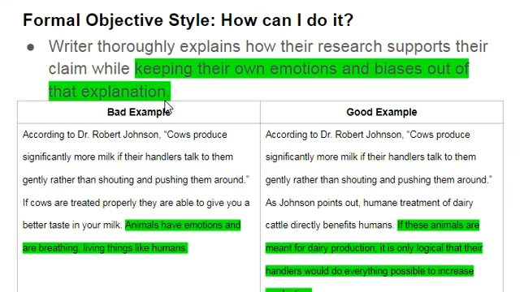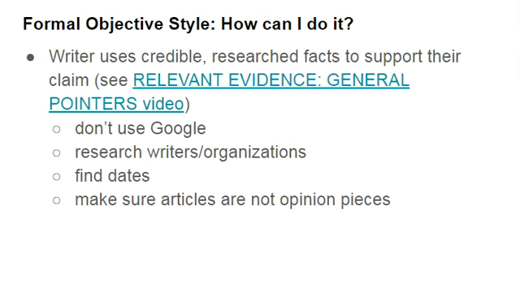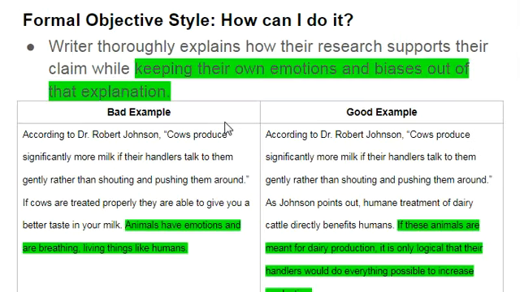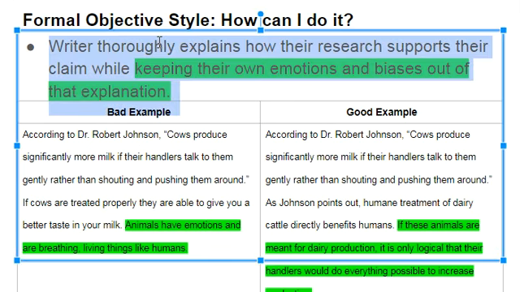So I'm going to talk about this later on in the playlist, but the main structure for developing an argument is that you state a claim, a minor claim that supports the big claim that you're making in your thesis, and after each minor claim that you make, you provide the research, the evidence, like we talked about here, and then directly after giving your reader that evidence, you need to thoroughly explain how that research that you just quoted supports your